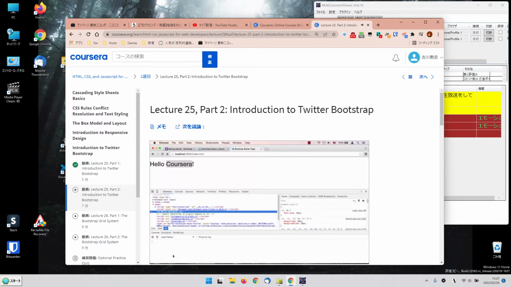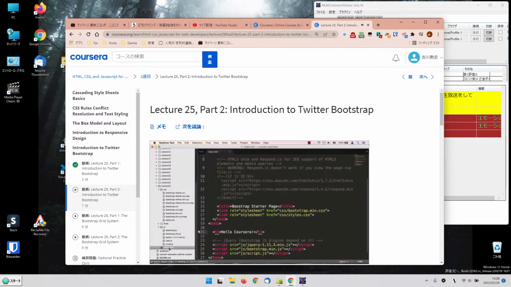Another important thing to take a look at is the console, because if you misspell something or you reference the wrong JavaScript file or something like that, there would have been some errors showing up right here. And since I don't see any errors, looks like we're in good shape. So this is the basic and the base Bootstrap starter page that you could take and start coding your Bootstrap-based